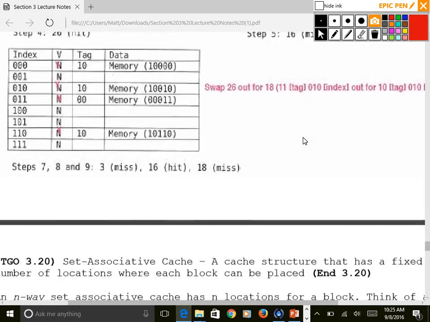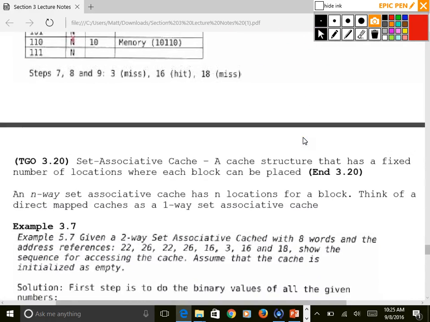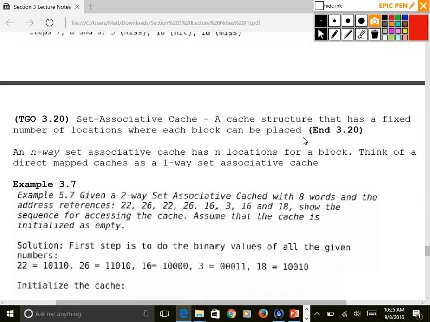And so to compare, we're going to do set associativity. The whole idea is we're going to call it an n-way set associative cache, meaning that we're going to break down your cache into a certain number of blocks. It's typically 2, 4, or 8-way set associative. On the exam, you'll see a 2-way set associative, and I'll ask you to do a direct and set associative